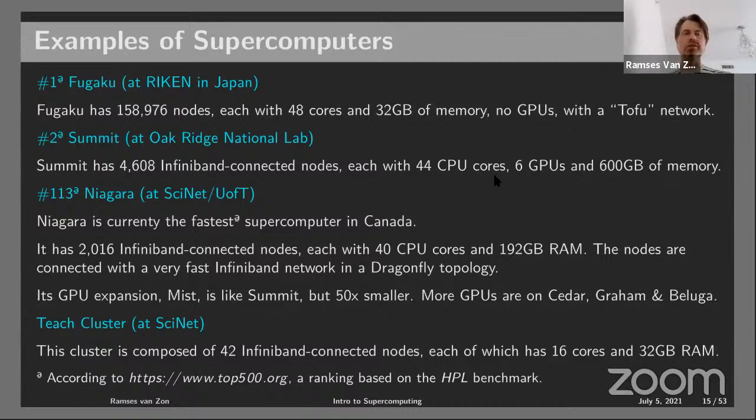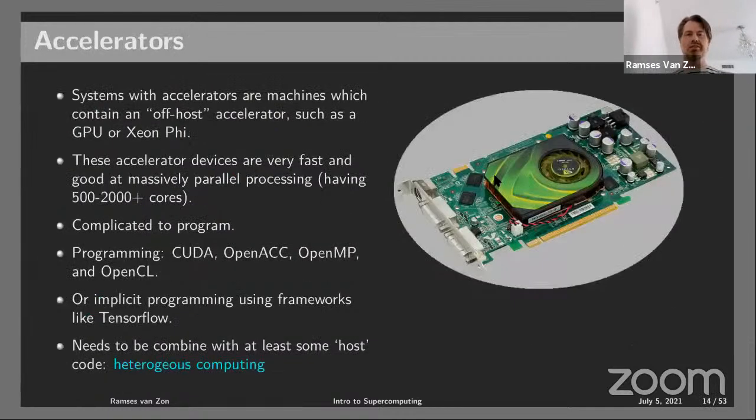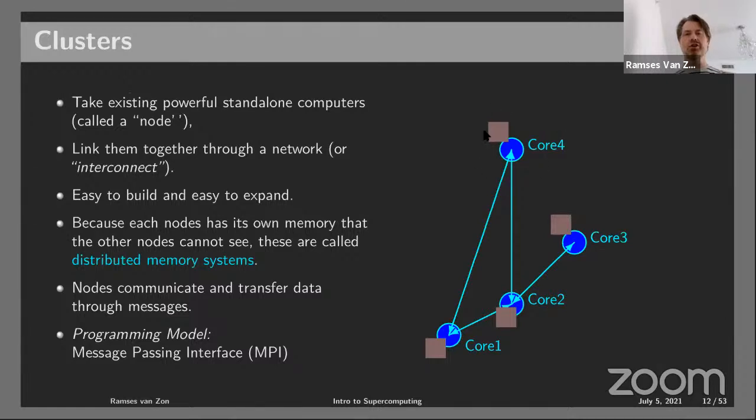So the top one is Fugaku. That is a computer in Japan at the Riken Institute. And it has a lot of nodes. This one is one of those typical cluster computers. So 150,000 nodes. And when I say nodes, I really mean one of those computers, right? So multi-core computers that are then connected into the network. So really think of this picture. This is a node, except now it will have multiple cores.